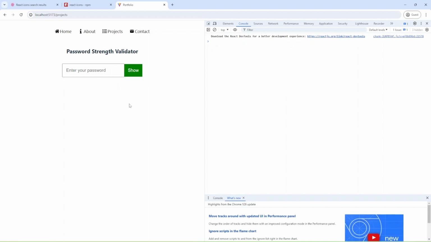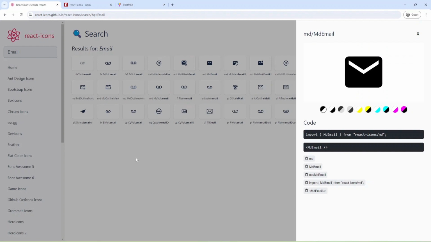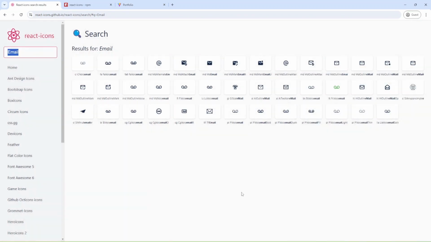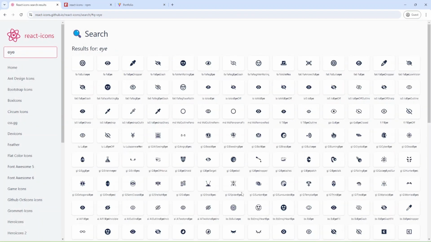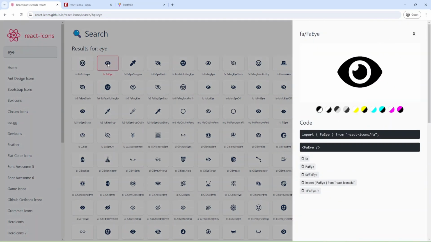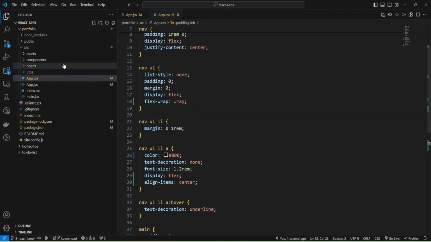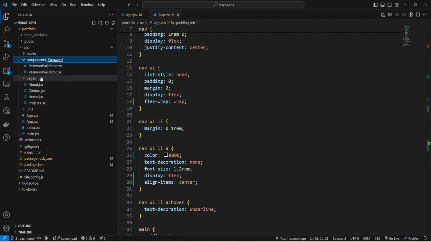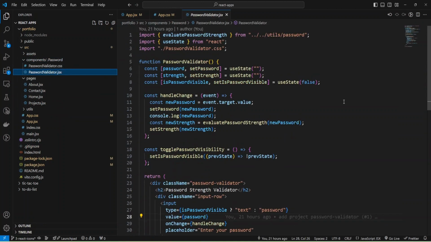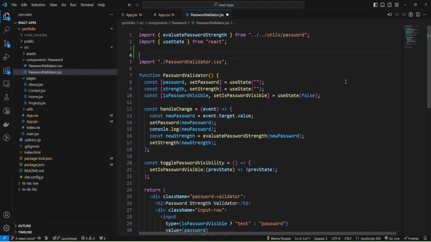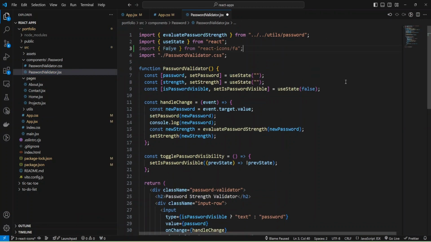input. For that, I'm going to open my search icons and search for some icon, and I can use this icon and add import, and open my pages or components, and we have password validator JSX, and I'm going to place my icon here.